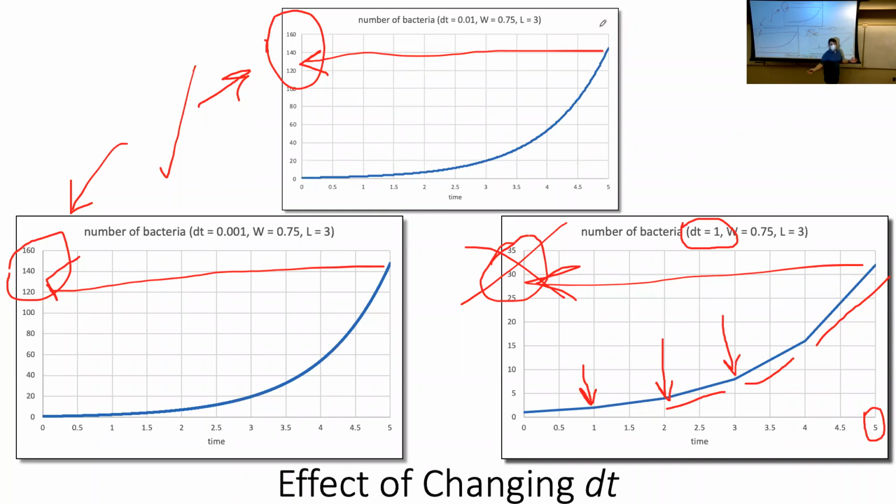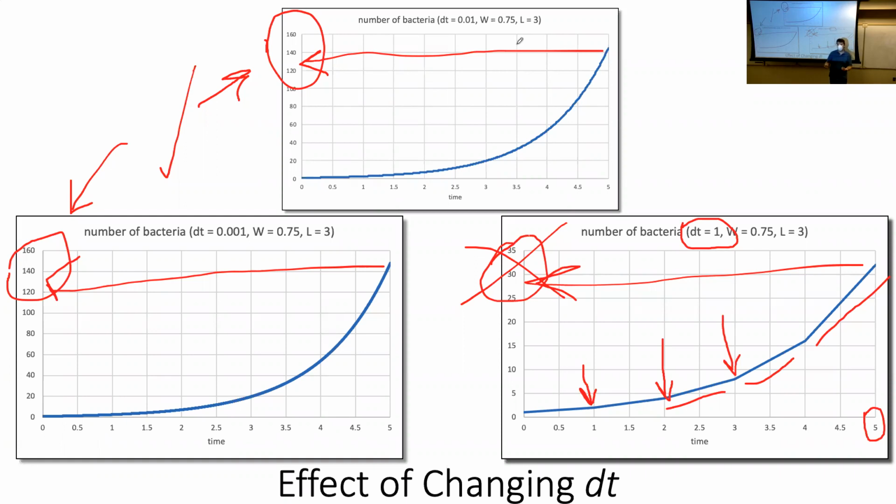So if I'm only simulating for 5 time units, then this DT of 0.01 seems perfectly reasonable. Now, if I were to try to simulate for 500 years, and I really cared about my predictions way far out, then the undercounting would start to accumulate, and this would be a big problem. So it's always better to have a smaller DT, but for your particular application,